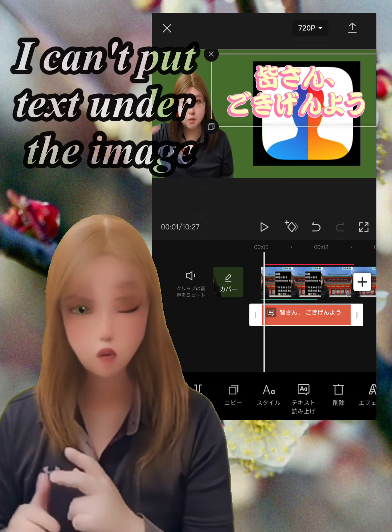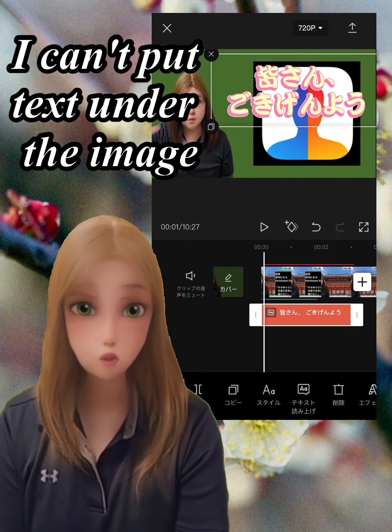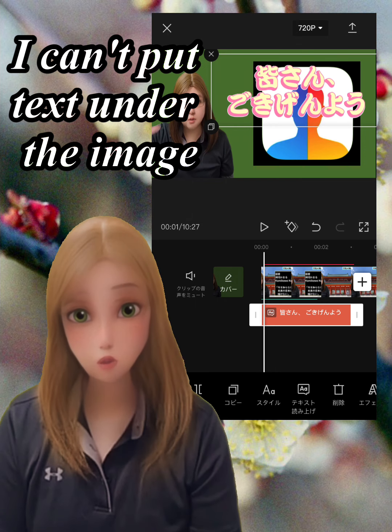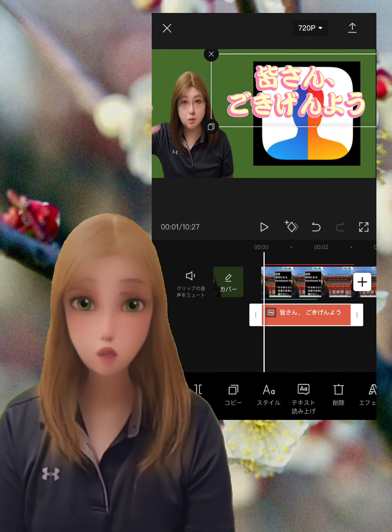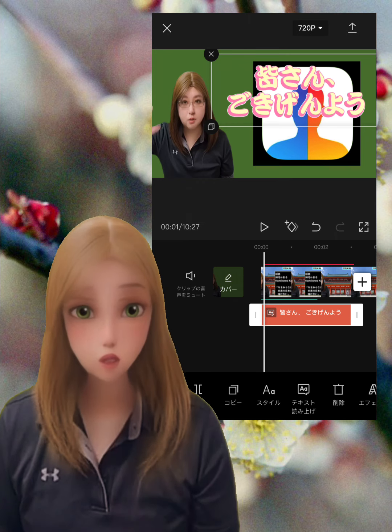For example, when an image and text are overlaid, text cannot be placed after the image. VLLO has a function called Move. You can specify which is up or down. It's a shame that CapCut doesn't have that feature. I also hear that sound shifts occur, but I have no experience. It seems that this can also be fixed in iMovie.